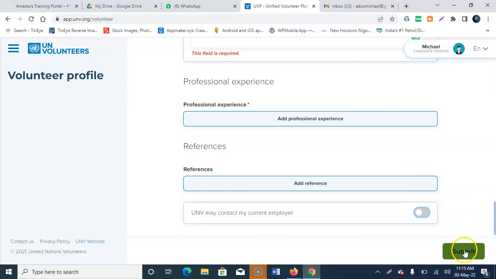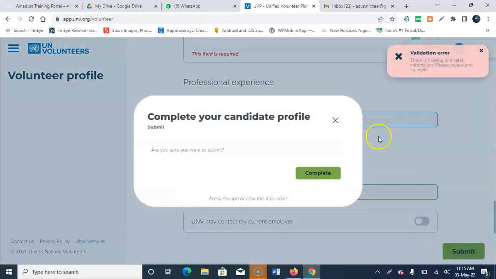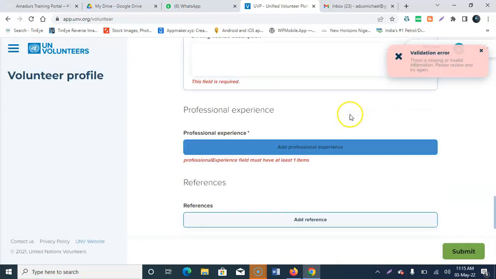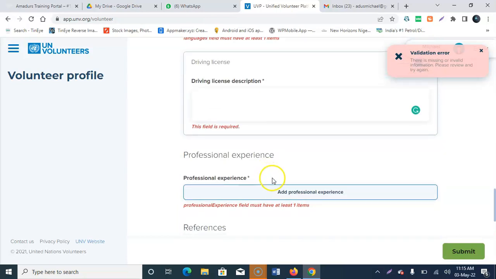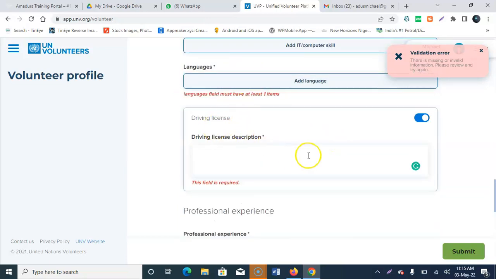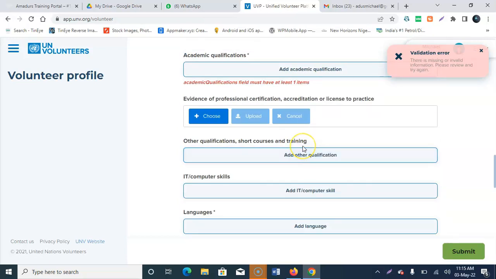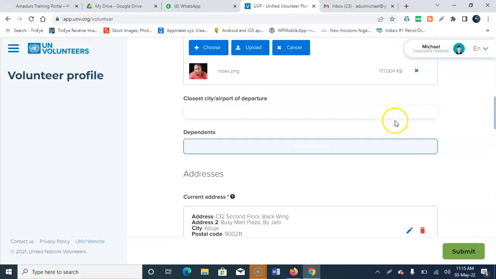Then when you're done, you click on what? Submit. Now, the reason it's telling me to compare is it's trying to show me that there are places I have not filled in yet. And I don't want the video to be long, so you just need to fill all those things. Of course, it's something easy, but I don't want to do that because my credentials would be showing for everybody to see. So that is what they do.